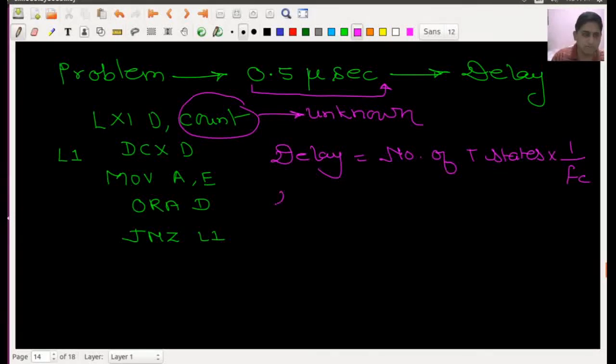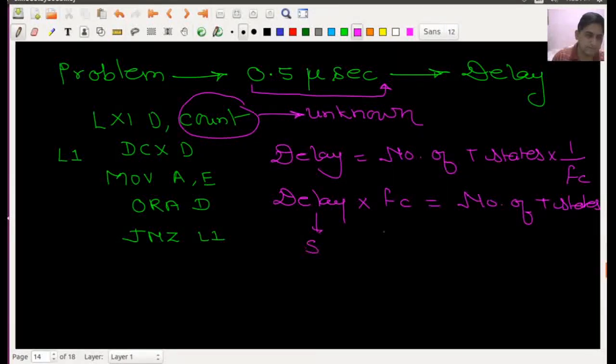So here we know the delay is given and the frequency we know, so I will be able to calculate the number of t states for this amount of delay, which is 0.5 microsecond. One quantity is in seconds, one quantity is in hertz, so I want to do the same conversion.